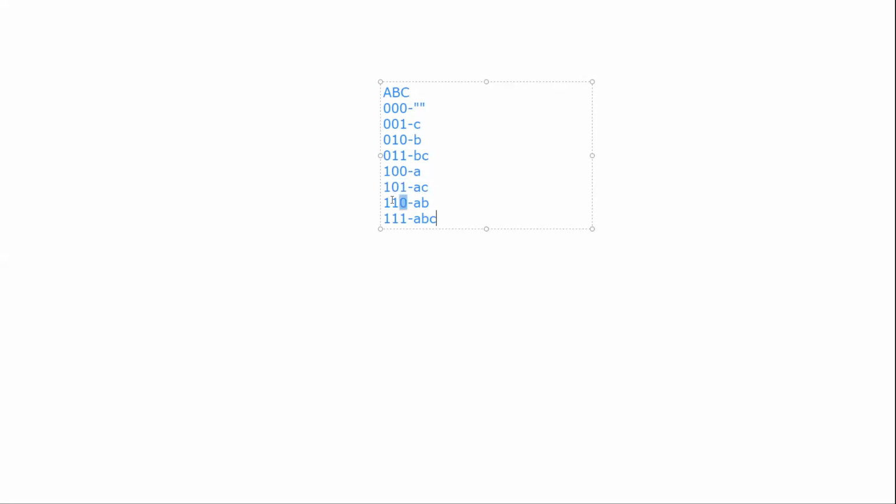And in this bit mask we have two ones, we are considering this. So what are the final values that we are going to consider? The first bit mask where we have encountered two ones is BC. The second bit mask where we have encountered two ones is AC. And the third bit mask where we have encountered two ones is AB. So these are the three substrings where the number of ones is equal to 2.